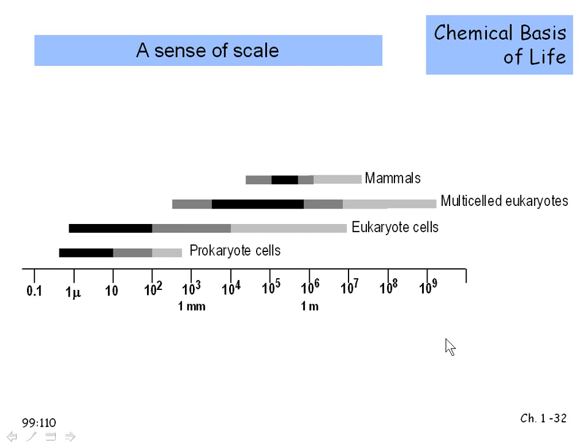I wanted to give you a sense that it's not all or nothing, and this is my attempt to sort of convey some of that. This is, if you notice, at a logarithmic scale. So here's 1 micron, here's 10 microns, here's 100 microns, 1,000 microns, or a millimeter. There's a meter over there, okay? And so, although it's true that the great majority of prokaryotic cells are down in this range, a bit less than a micron to a few microns,